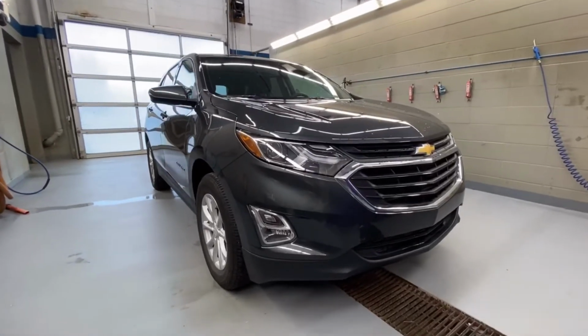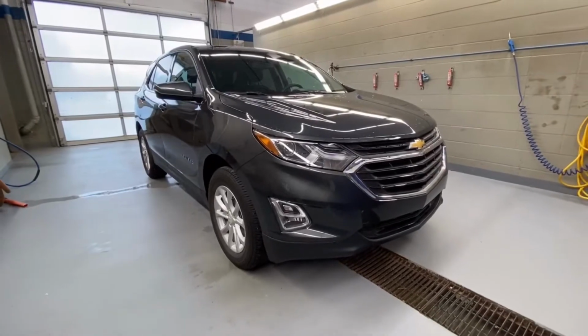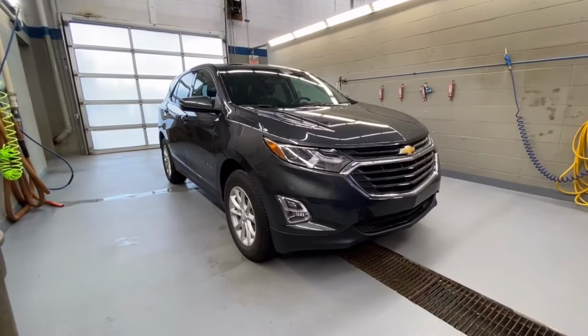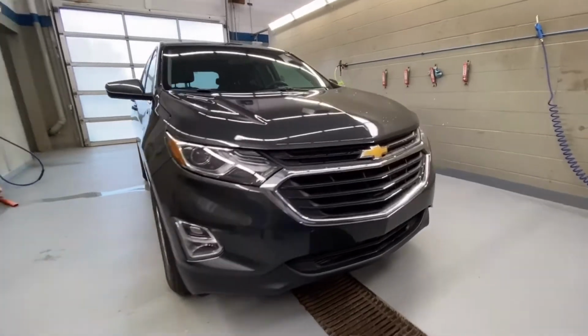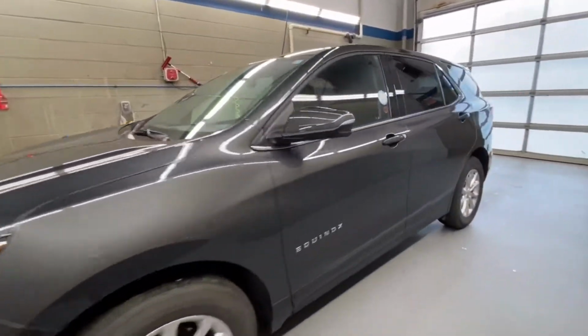We're located at 10109 89th Ave in Fort Saskatchewan, Alberta, just outside of Edmonton, Alberta. We are looking at a 2018 Chevrolet Equinox LT all-wheel drive with nightfall gray metallic exterior with a 1.5-liter four-cylinder engine. It's got fog lights in the front, LED lighting, aluminum rims,